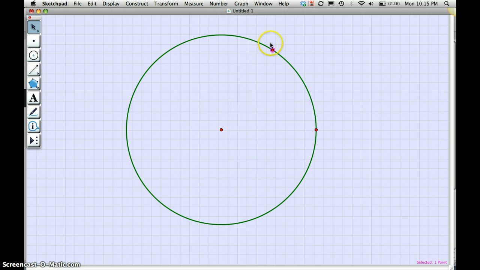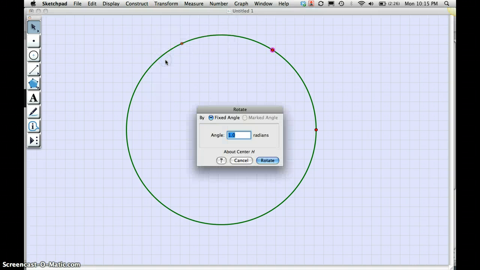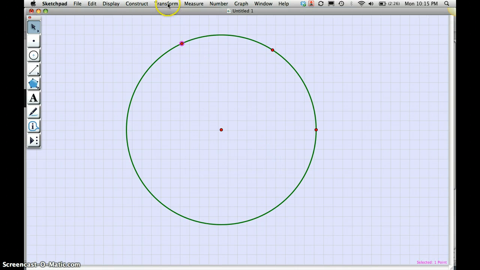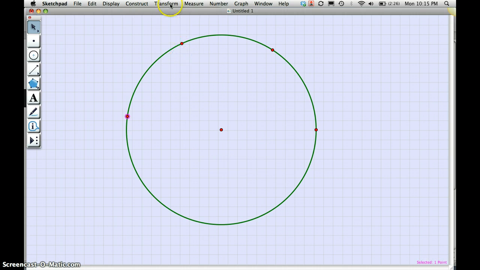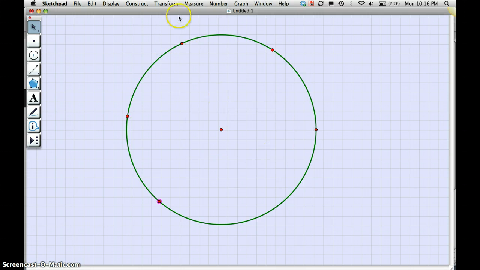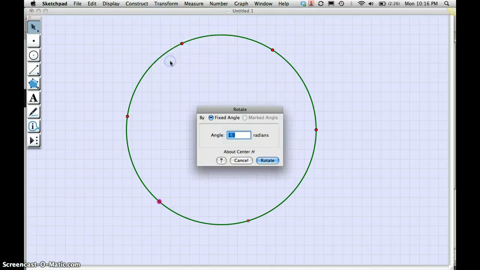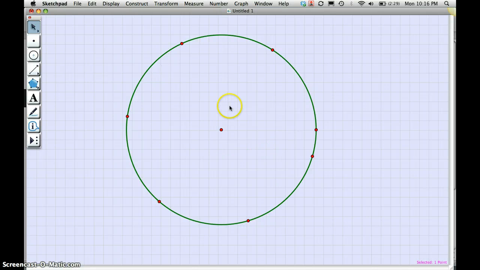And then that point is still selected, and the center is still the center of my rotation. So now if I go to transform, I can just say rotate again, and it'll rotate that again. It's set to be 1 radian this time. I say rotate, and so I'm just going to keep doing that to walk around the circle. And once I get all 6 of those, then what I need to do is click on the